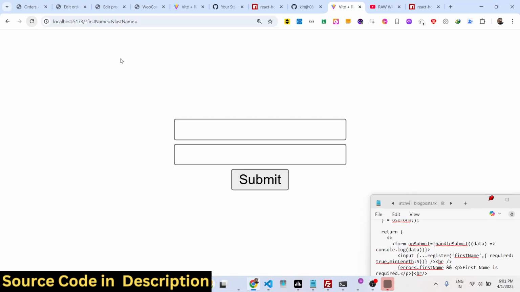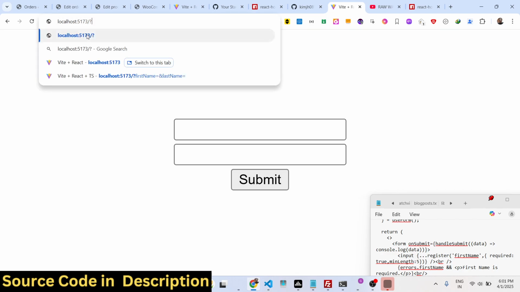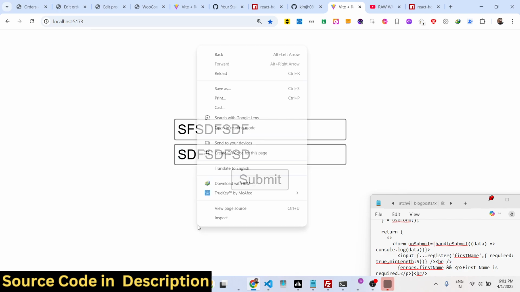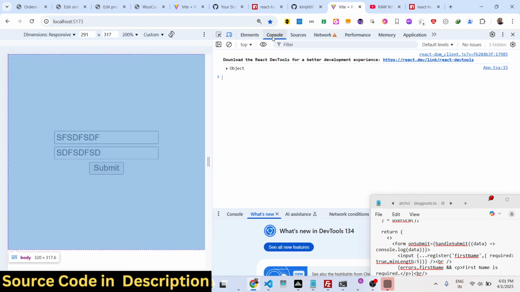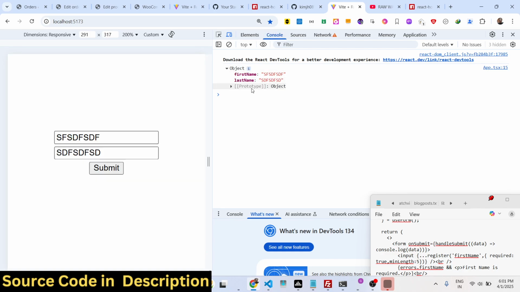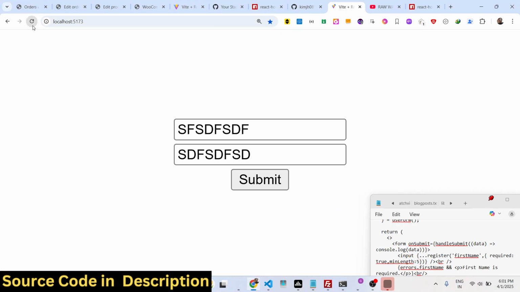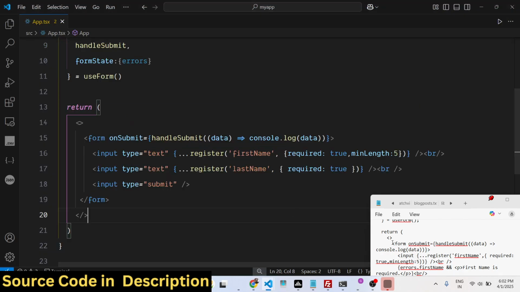So if you refresh now, if I enter something right here and click submit, you will see in the console an object is returned to us which is holding the first name and the last name. If I don't enter anything, the form still submits. So for actually